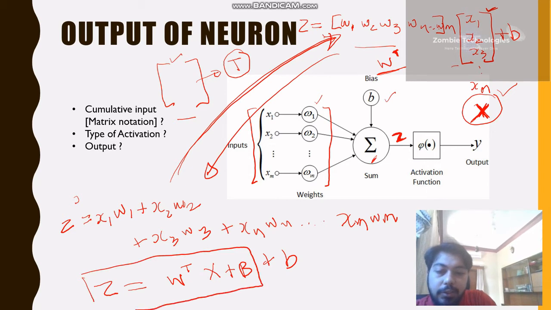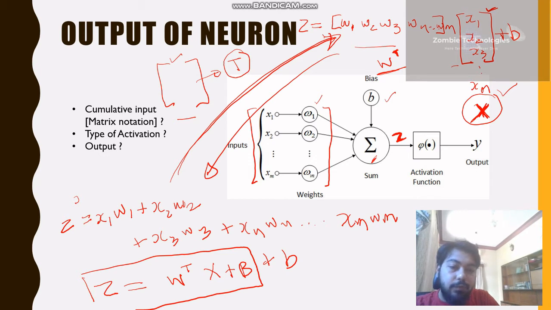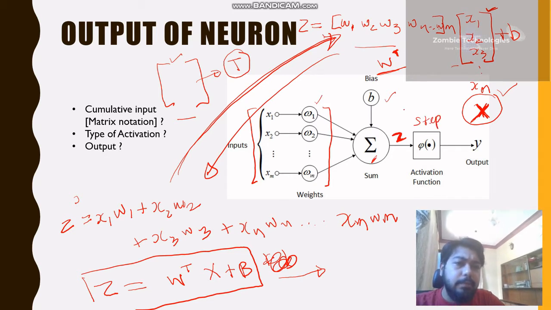This is the representation of my input to the activation function. I will give it as an input to the activation function. The activation function can be anything, like we discussed. It could be the step function, a simple mathematical function, a sigmoid function, a ReLU function, or anything. Depending upon the activation function I use, I have a particular output.